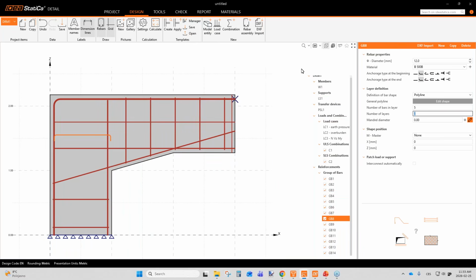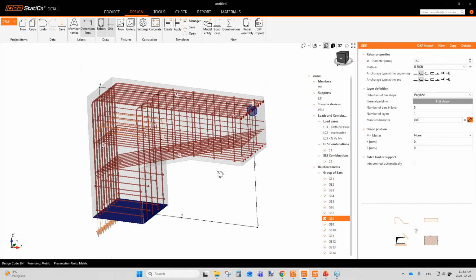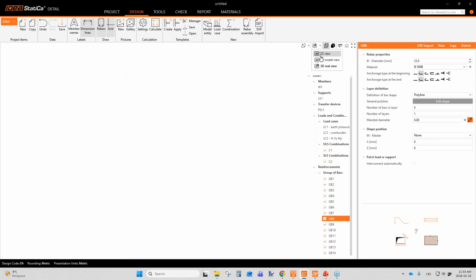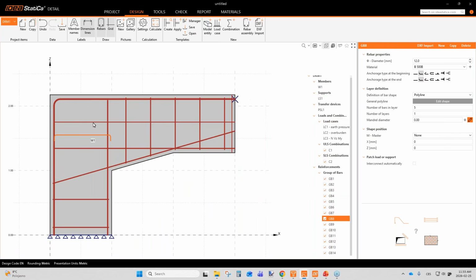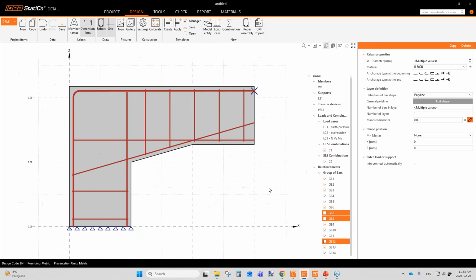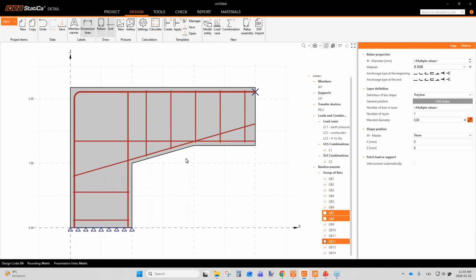So let's take a look at the real 3D view. Now it looks much better. And for the first calculation and for demonstration purposes, I will turn off some rebars and leave just this basic reinforcement setting, what you can see here. So we run a first calculation with these ones, and I will show you a couple of results on this